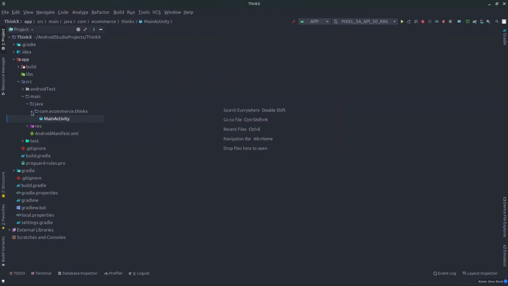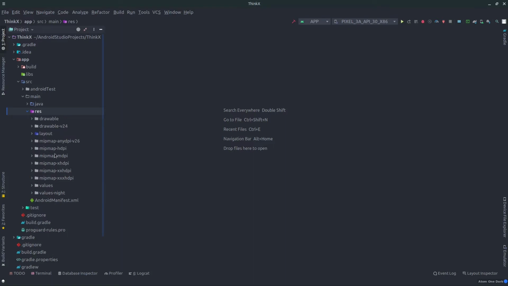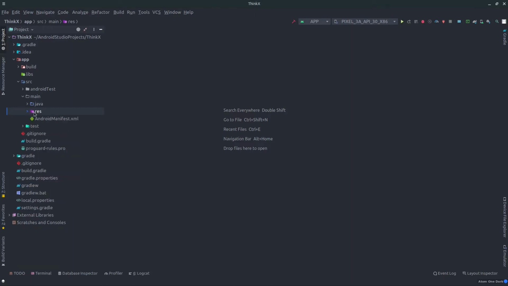So first we are going to understand the design. The series is actually divided into two parts. The first part will be related to design, and then we will move to the coding part in Java. So first of all, we need to understand how XML works inside of Android Studio. It's not that difficult, but if you do not pay a lot of attention, it will create a lot of problems in the conceptual part. So before moving to the res directory, where we have all the UI part, I want you to focus on this file. It is also a very important file.